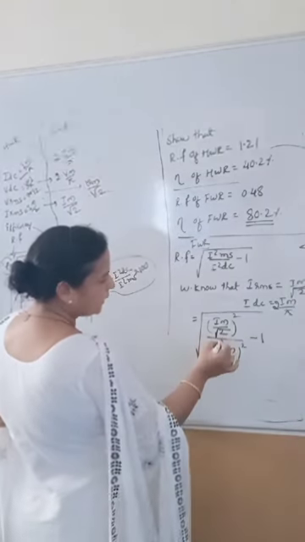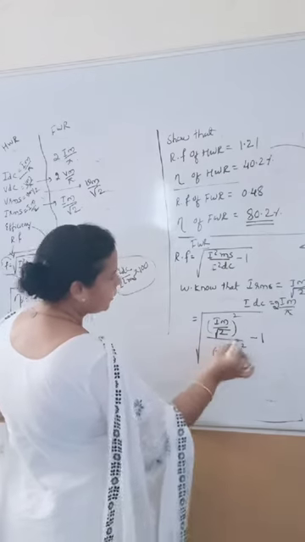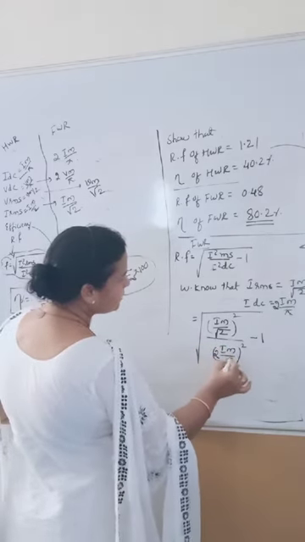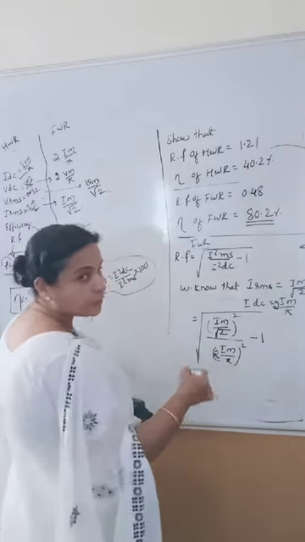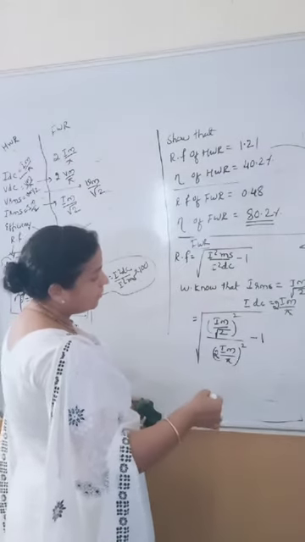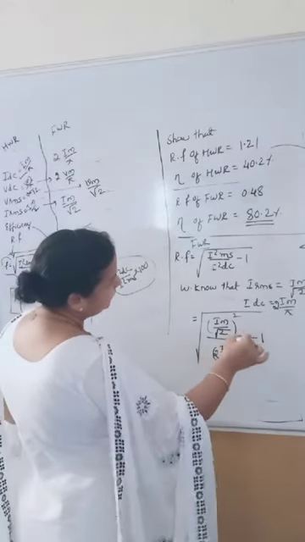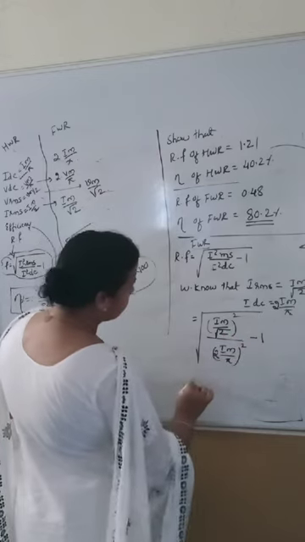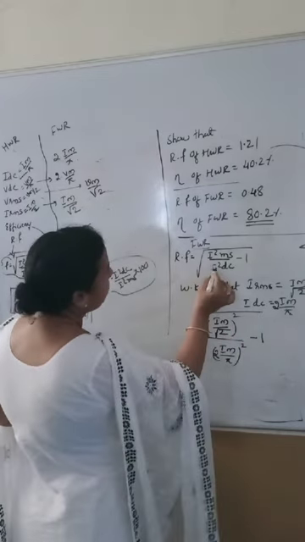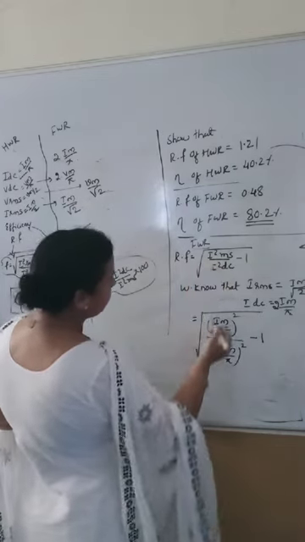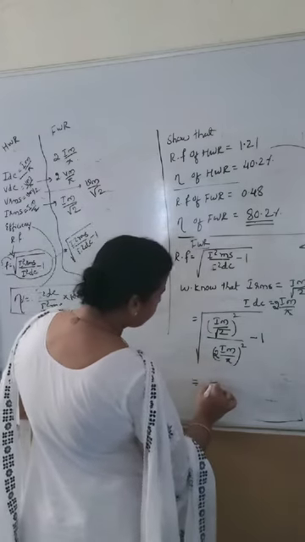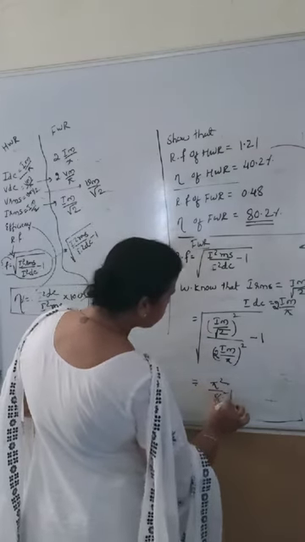Root 2 becomes only 2. Im square by 2 whole divided by 4 into Im square by pi square. It is going to be pi square by 8, or 8 into 8. Yes, this comes out to be the ripple factor for the full wave rectifier. This comes out to be under root pi square by 8 minus 1,